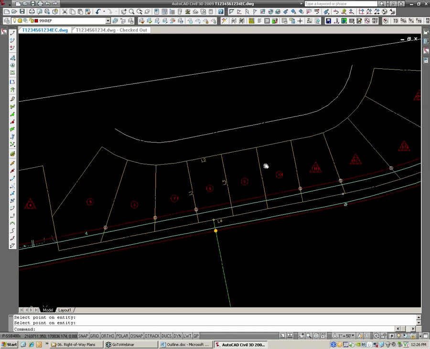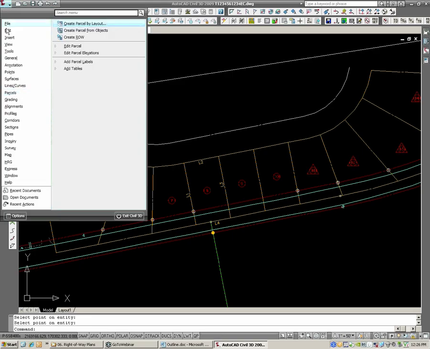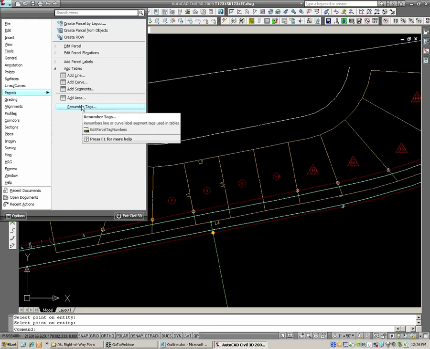So I'd add all my tags in that I need to label everything up. Another thing to keep in mind is that as you're numbering tags, or putting the tags around for all existing bearings and distances, you can renumber any of those tags at any time. So say you get them all in there and you want to renumber the whole slew of them, you can